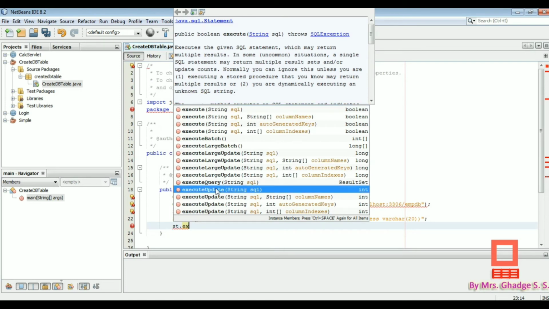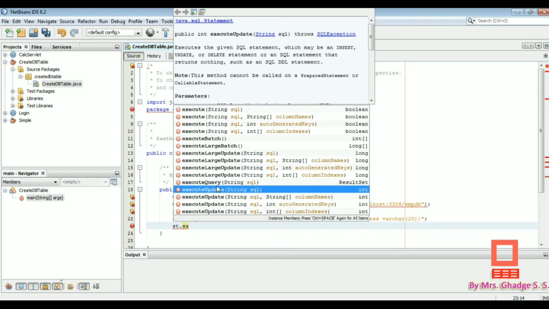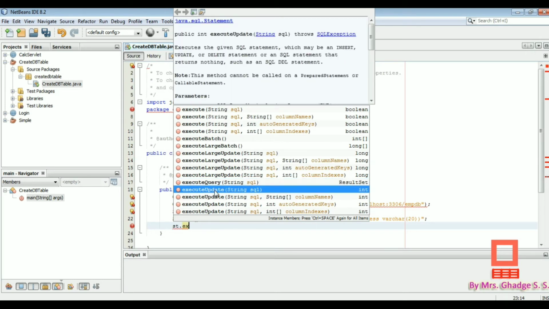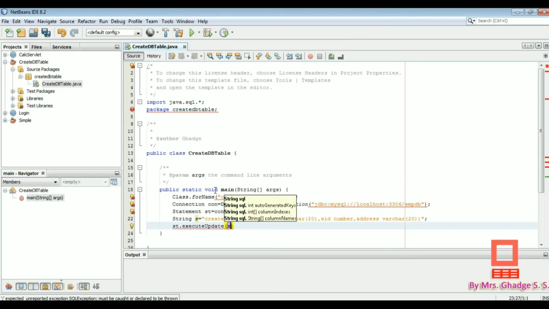Right now we are using executeUpdate. If you want to execute a select query, then we can use the executeQuery method. Inside the brackets of executeUpdate is the query which we stored in a string object.